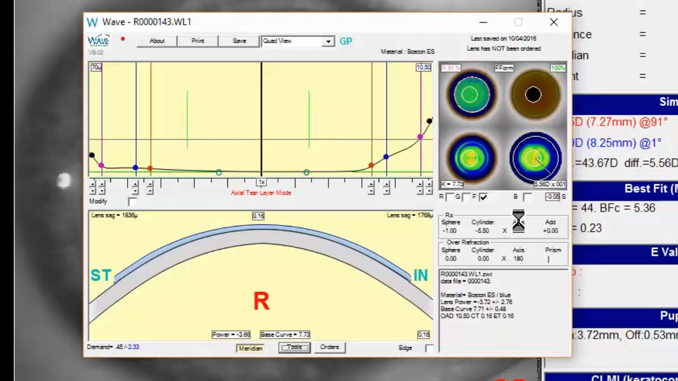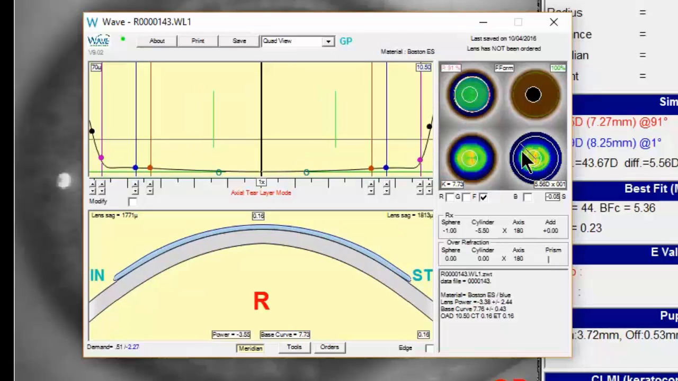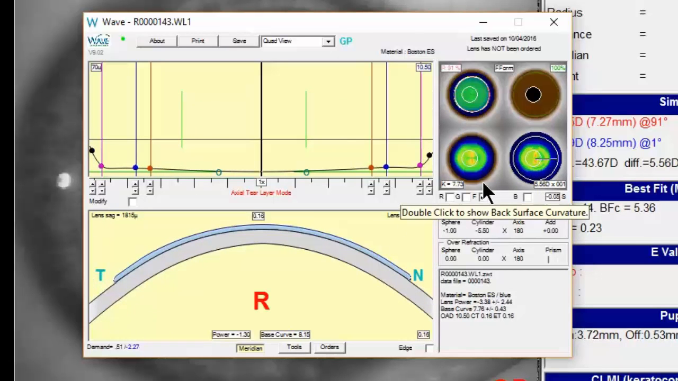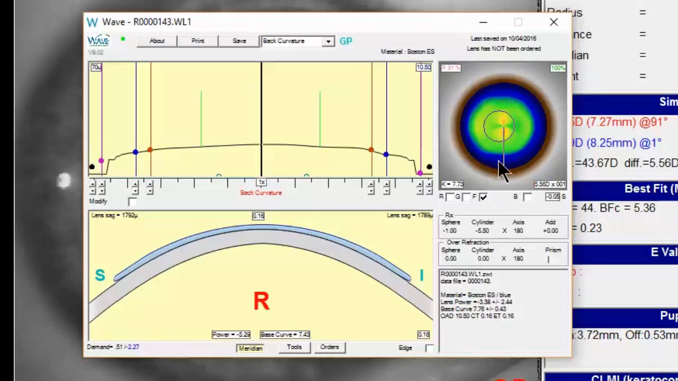And one of the things you'll notice once it's finished designing, if we look now at our lens profile, you'll see we have a very nicely aligned lens, 360 degrees. You'll notice that this lower left view of the quad view, or the back surface of the lens, very closely now matches the topography of the cornea. If you click on that back surface of the lens, you'll see that the lens is now a very nice smooth transition zone through the entire